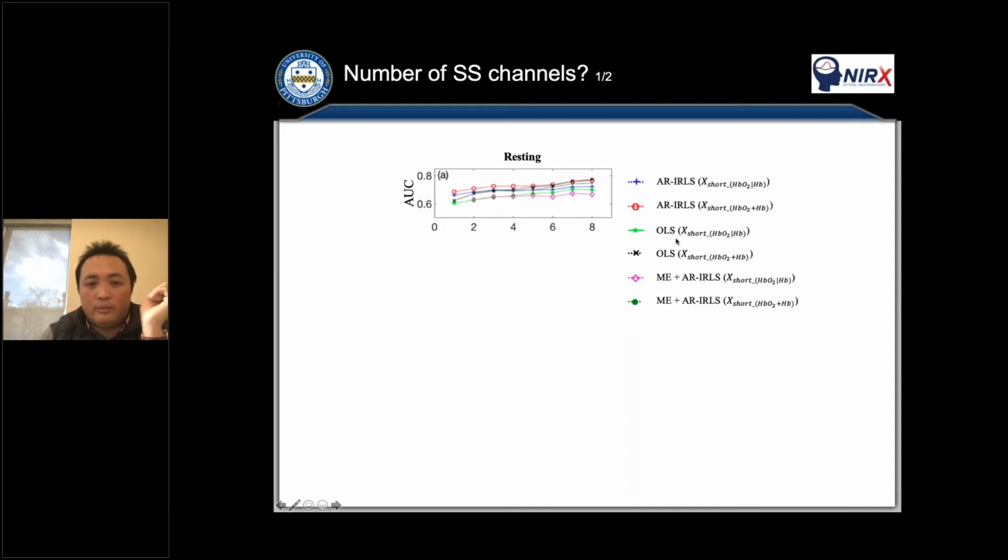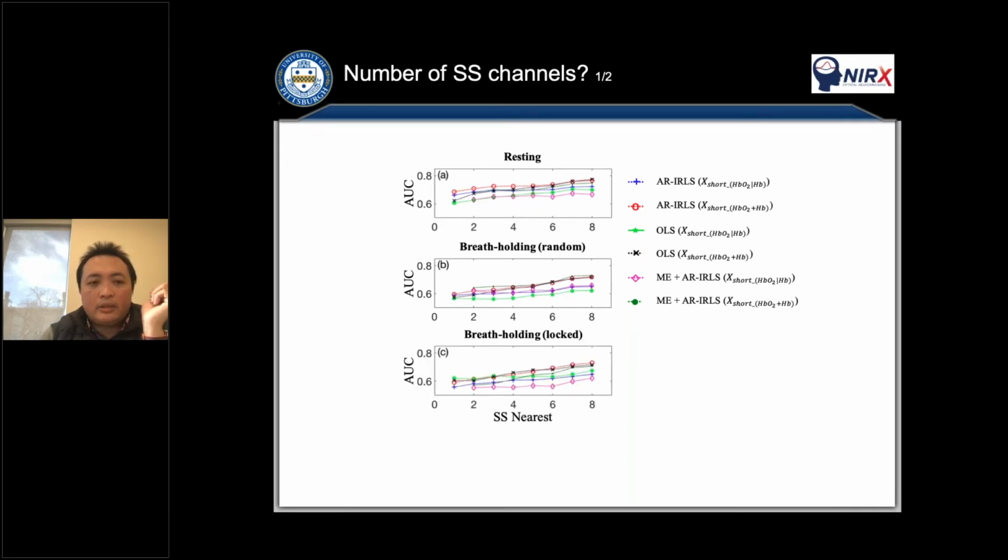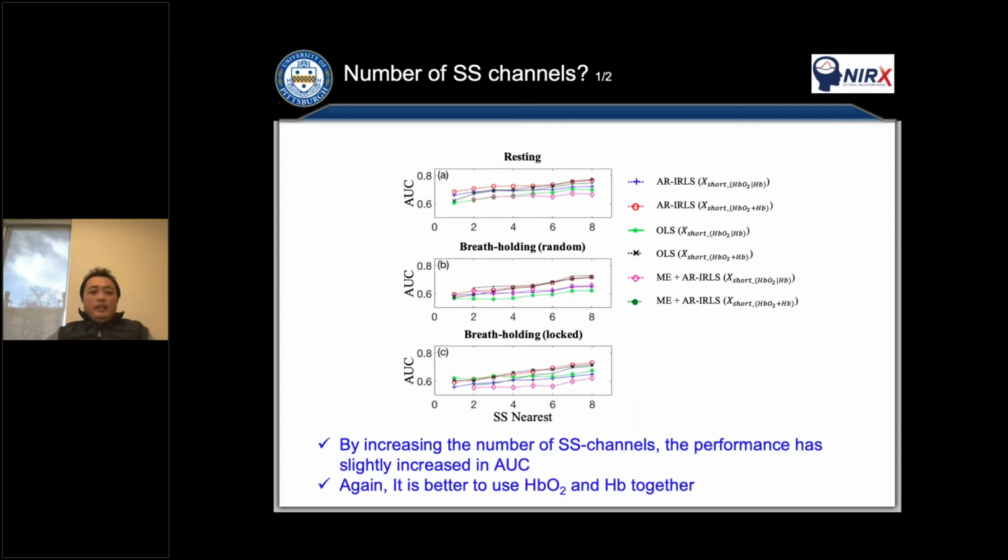We already showed that before. And then this is for breath holding random data, and this is breath holding log. So yeah, this is the conclusion: increasing the number of channels, the performance has slightly increased in the AUC. And again, it is better to use HbO oxy and deoxyhemoglobin together, if you see this one, compared with either oxy or deoxy only.